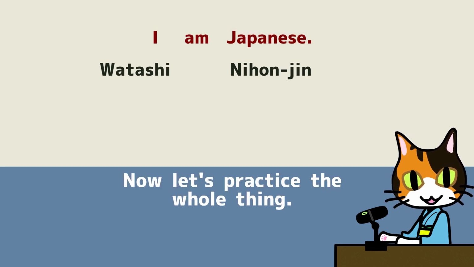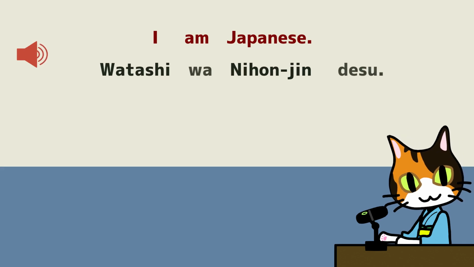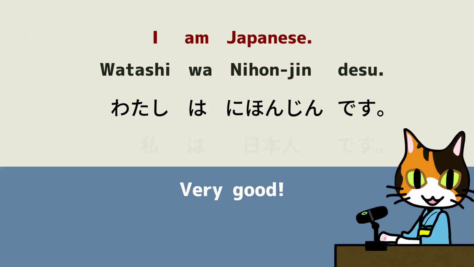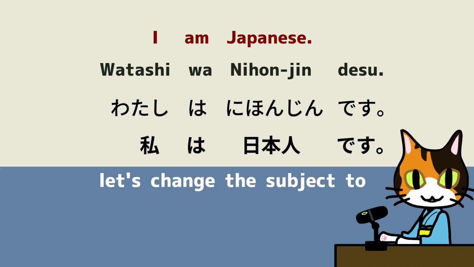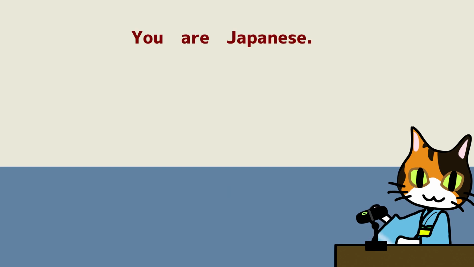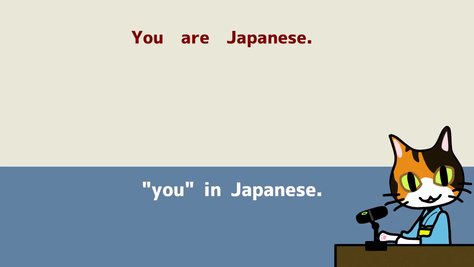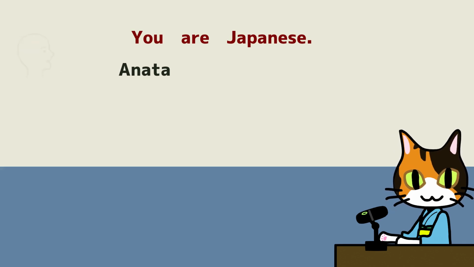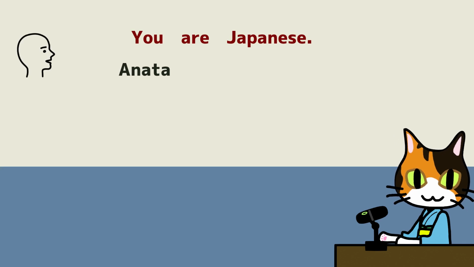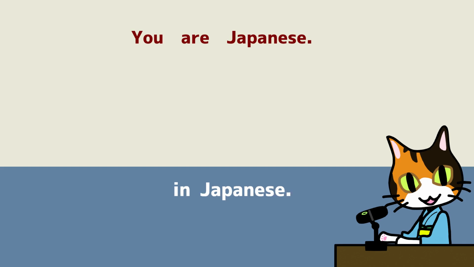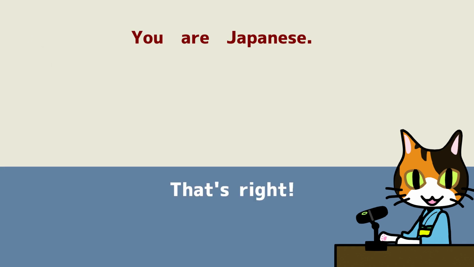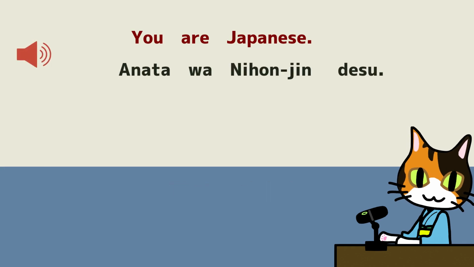Now let's practice the whole thing. 私は日本人です。 Very good. This time, let's change the subject to you. This is how you say you in Japanese. あなた。 Now try saying, you are Japanese in Japanese. That's right. あなたは日本人です。